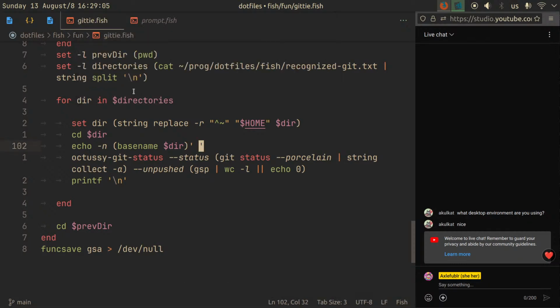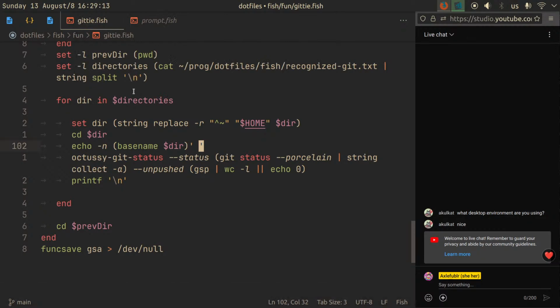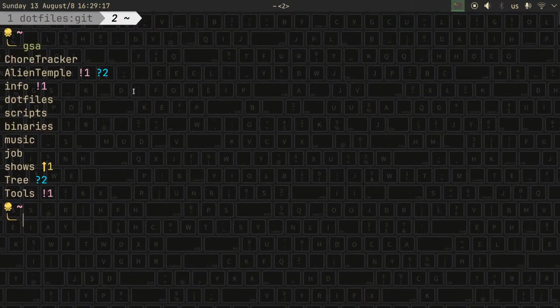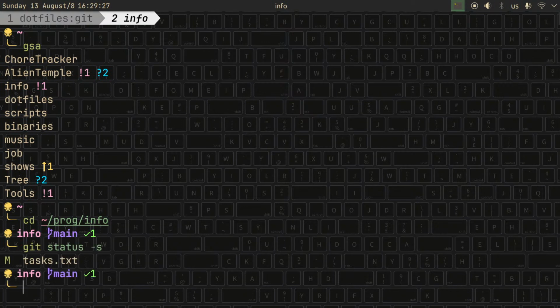And also, while I can use Z capital I in the same annoying way to show all the changed files, I can't have a nice clean output of GS, git status I mean, which is actually very big. Say I go to info and then GS to see